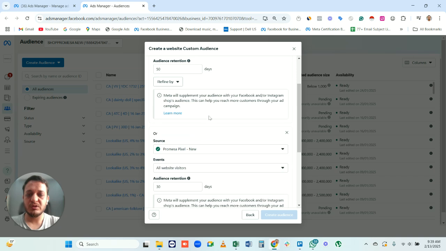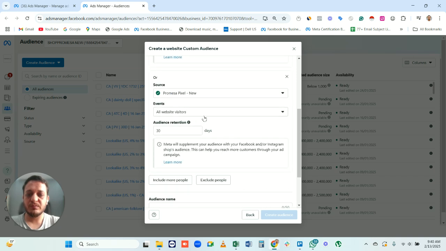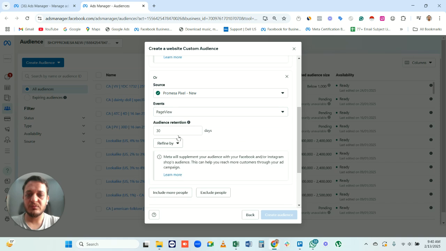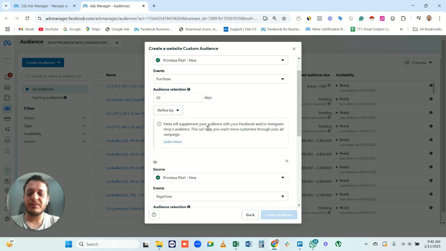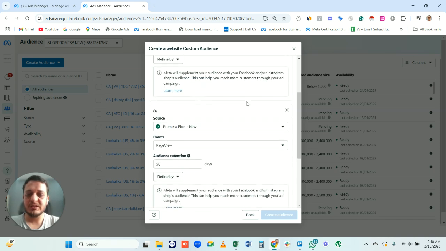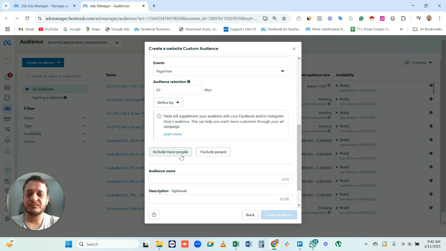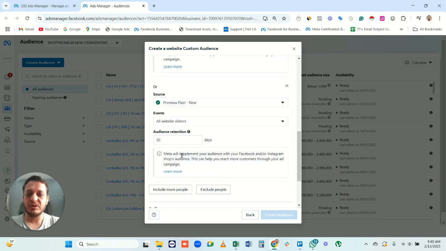So if you click on include more people, you can also select people who have page viewed on your website in the past 50 days. So what this will do, it will not meet one condition, which we discussed earlier, purchases in the past 30 days. But simultaneously, it says, or people who purchase from our website and also people who have viewed a page on our website. So hope this clears. So you can add as many possibilities over here as you can,